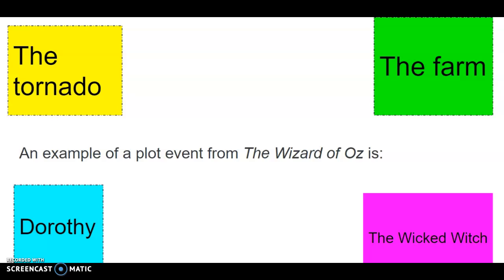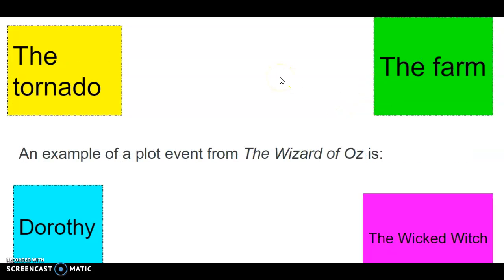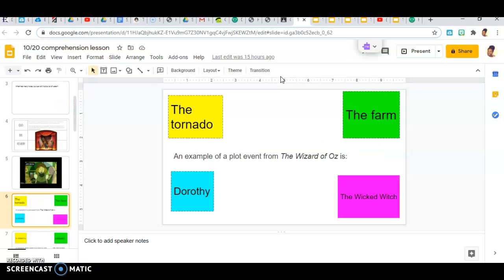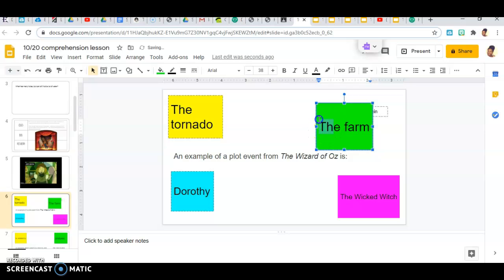So our question is asking you to give an example of a plot event from The Wizard of Oz. And so if I thought my answer was the farm, I would move this box. Nope, it won't let me. Well, you would move that box. I can't do it because I'm recording, so it's just going to go to the next slide. In fact, let's see if I do it like this. There we go. So you would move this box